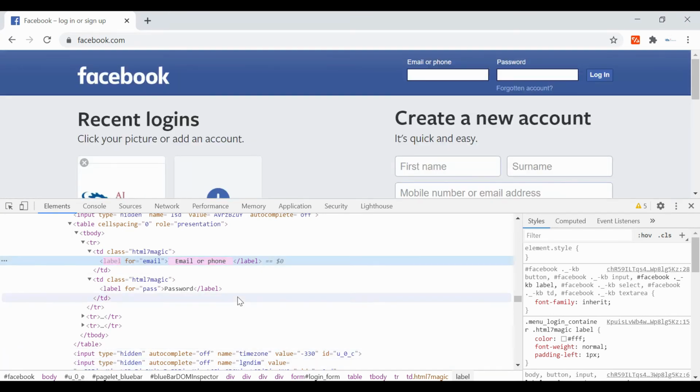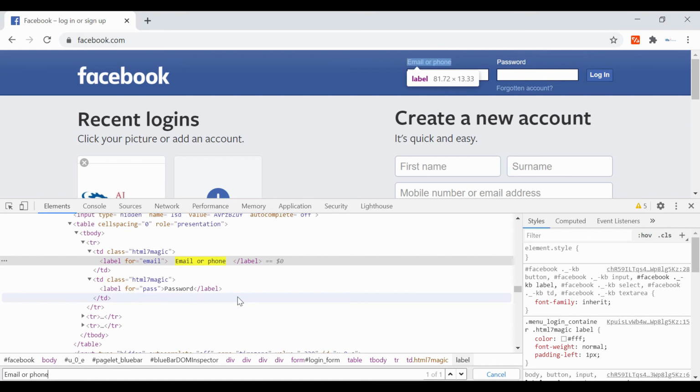So let's Control F. Can you see that previously it was able to identify this, but I have just introduced some spaces at the starting and ending part. So this is not recognizing and identifying this element.